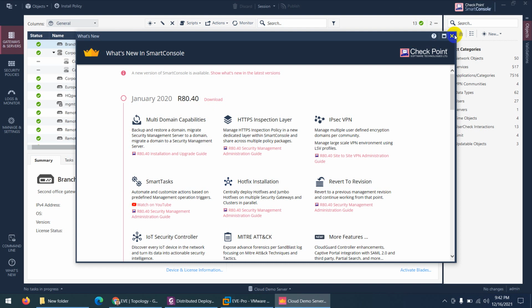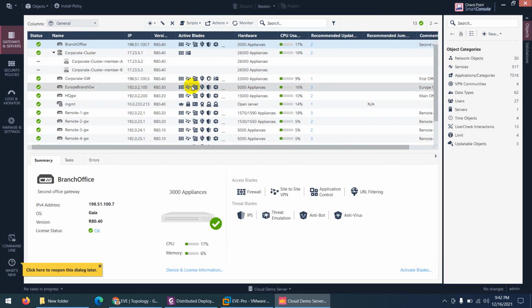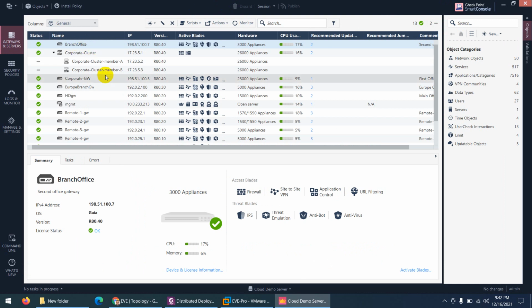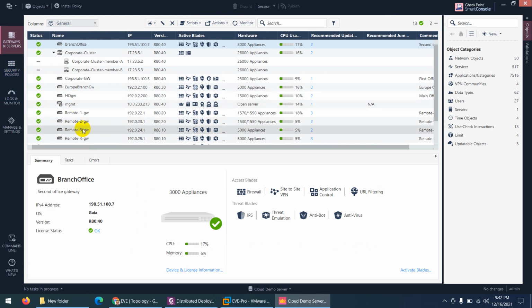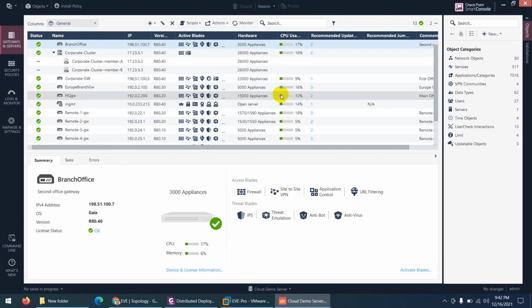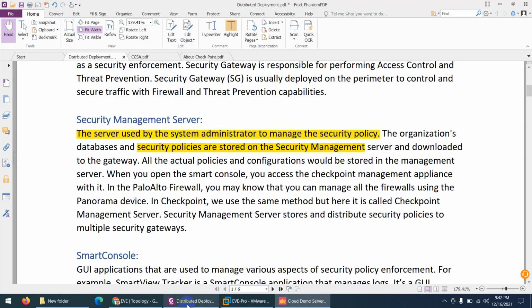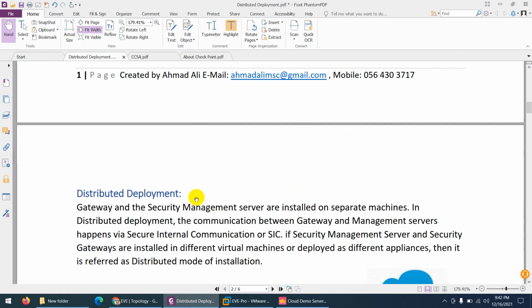So my smart console is open, from where I can access security management server and security gateway. And here we create security policies, we can see the logs, we can manage, and we can do settings, and then you can push these settings, publish from here to the gateway. So these are the three things which you need to know. Now let's go to deployment.